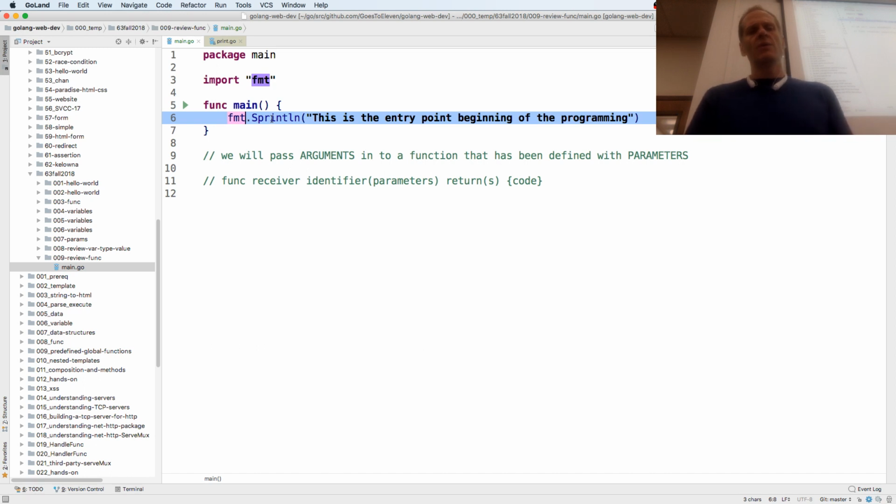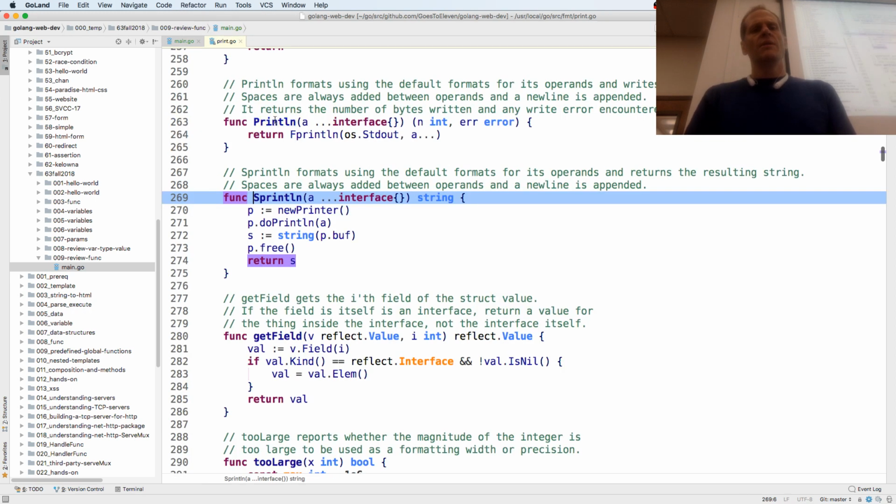And here we have fmt Sprintln, and we could just hold down command. This also works in VS Code. I don't know what the key is, but you could click on the function. It takes you right to the definition, the code that was written by the people who created the Go programming language. The definition of that function, the way it was written by the developers of the Go programming language. This is really nice